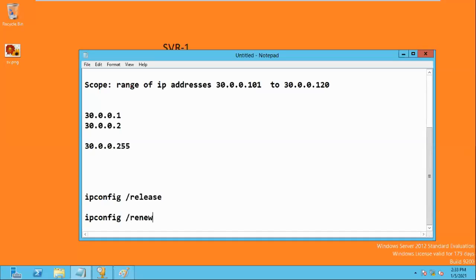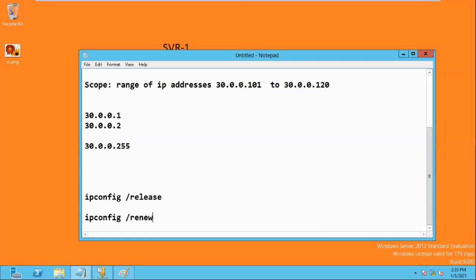In this scenario, I have only one client system and I'm using it for practice purposes. But in a company environment there are multiple systems, and someone may restart or someone is typing this command, so at that time the IP address will be changed. If you get a different IP address, don't worry about that, because you are in the same range, same subnet, so you can access. Clear? So this is the command.